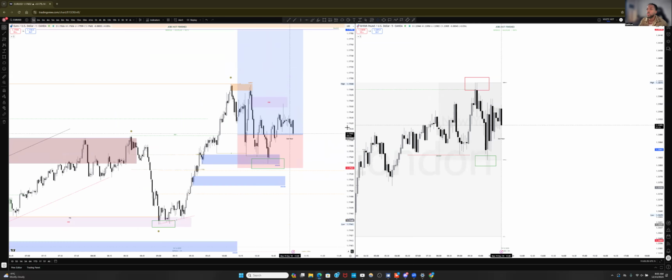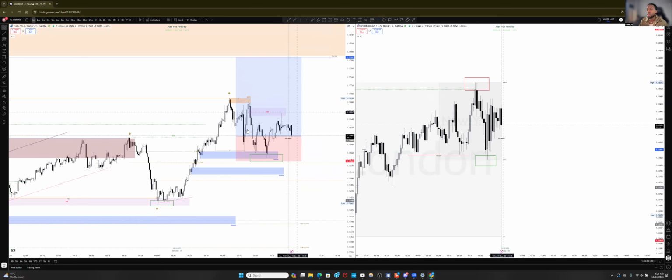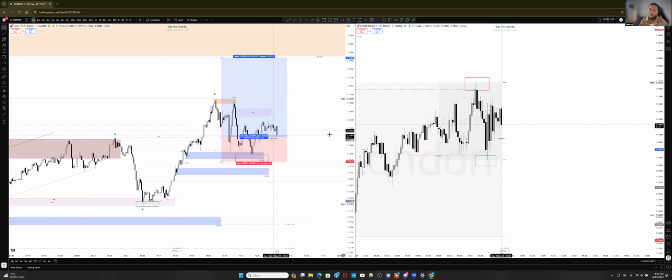All right, so that's all for today, guys. We couldn't make it to the TP. As you see, price just came into this consolidation range and just kind of stuck there. We maxed out our pip range for the day. So I don't see this market pushing back all the way up here by end of day. Same thing with GU. So with that, we're going to call it a day.